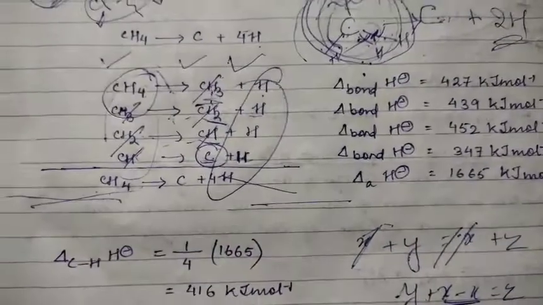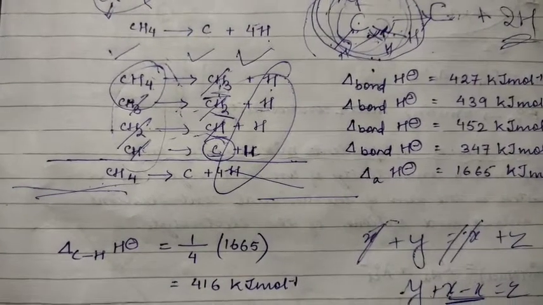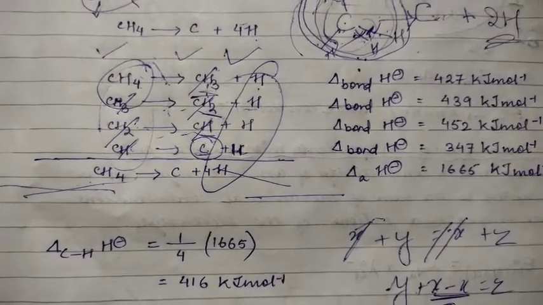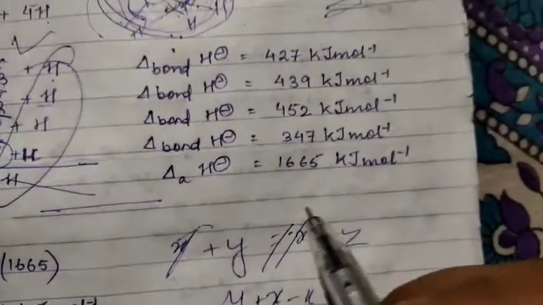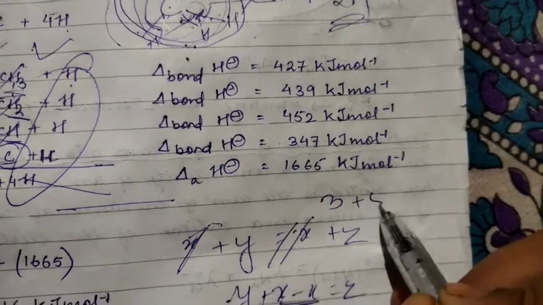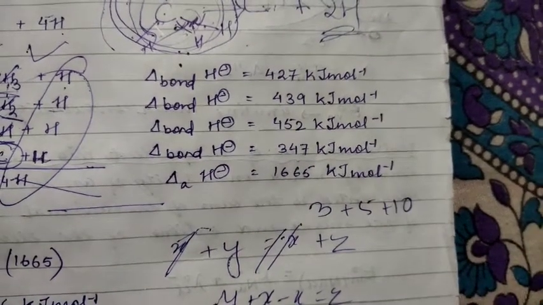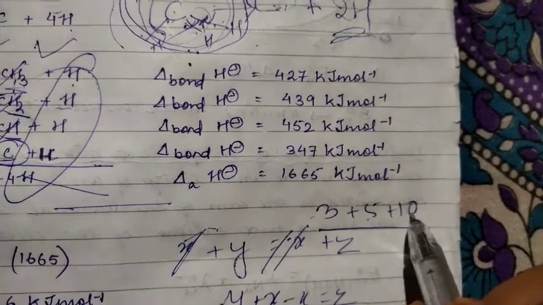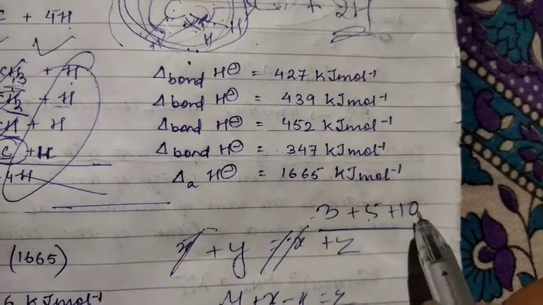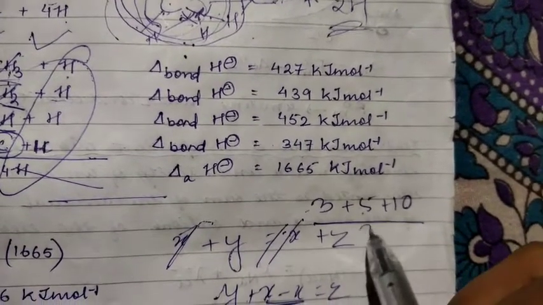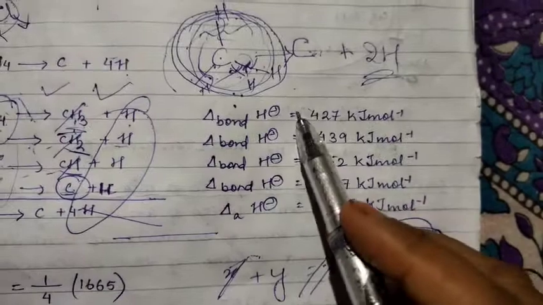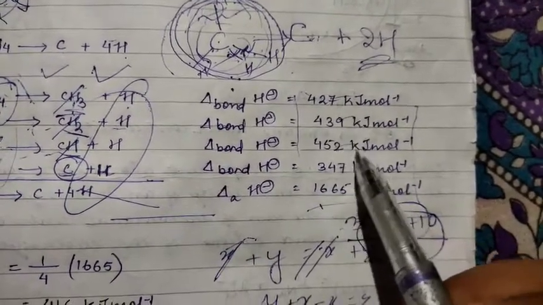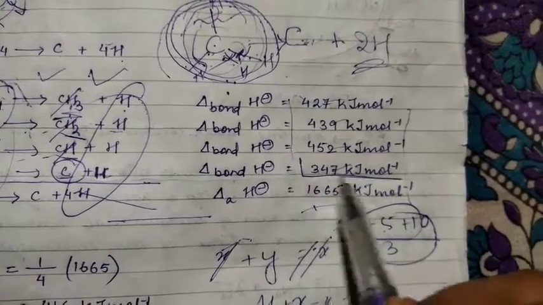Now since we have to take the average, how do we take an average? We have to add up all the numbers and divide by the total numbers, isn't it? Suppose I'm considering here 3 numbers, that is your 3, 5 and 10, and I need to take out the average of 3, 5 and 10. Okay, so what I will do, I will sum up all this and divide it by the total number of values. How many values? Total 1, 2, 3 values are there, right? Similarly here also I will add all the enthalpies divided by the number of enthalpies, 1, 2, 3, 4. Okay, so 4 enthalpies I will get.